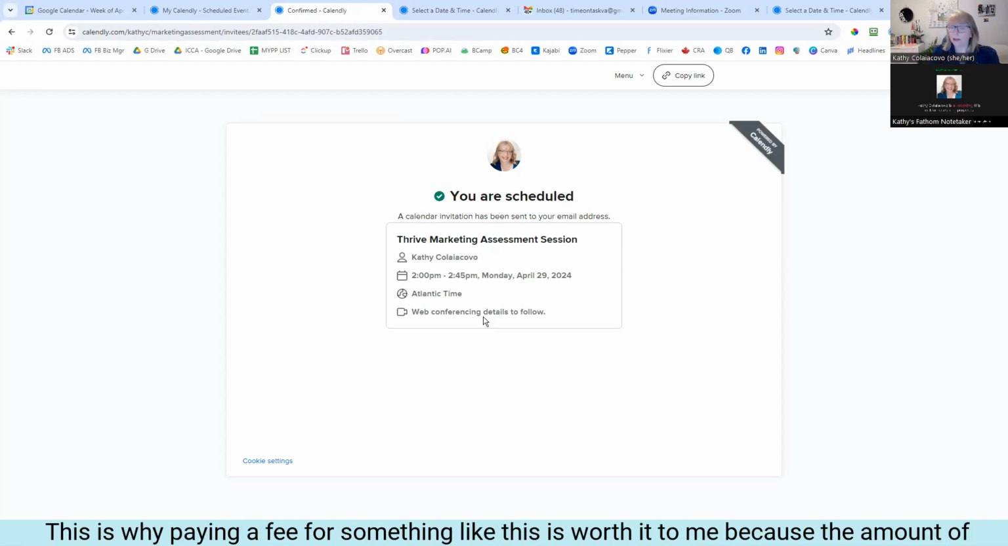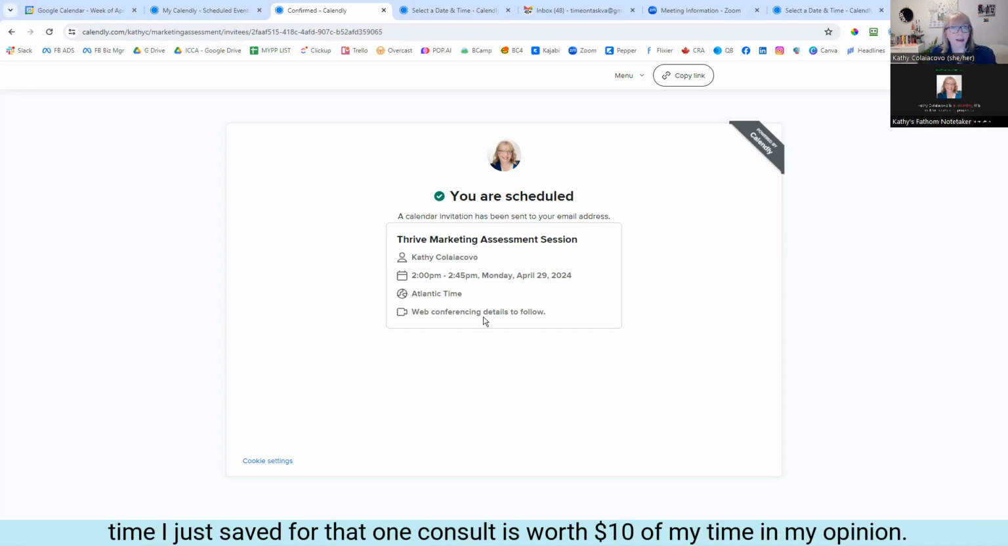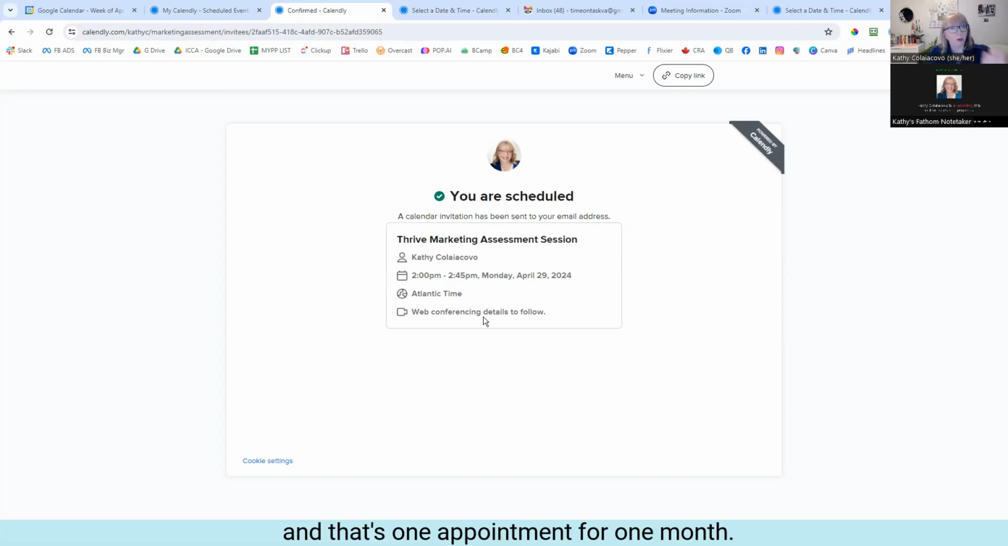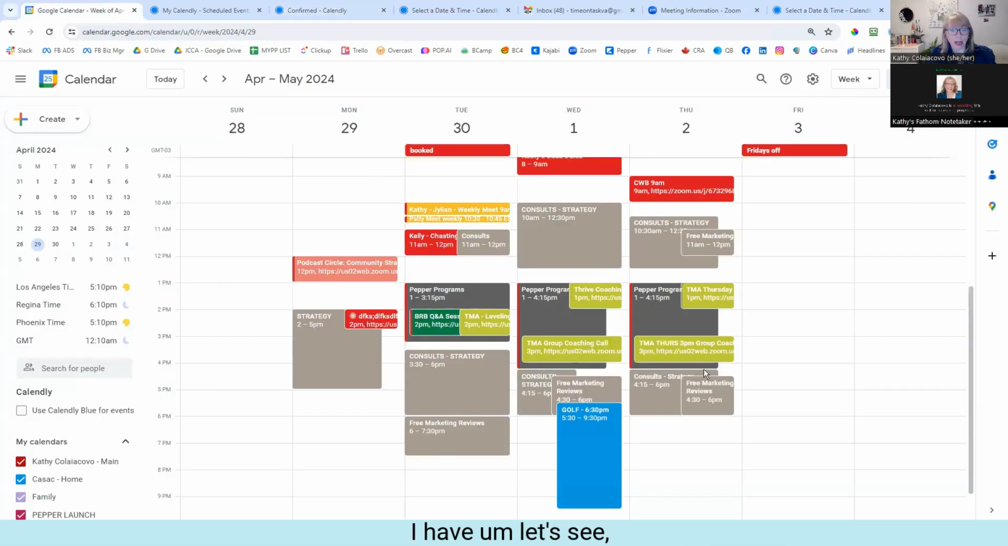This is why paying a fee for something like this is worth it to me, because the amount of time I just saved for that one consult is worth $10 of my time, in my opinion. And that's one appointment for one month. I pay $10 or so a month. So if we think about it, I probably get at least, I can look at my calendar and see right now, I have,